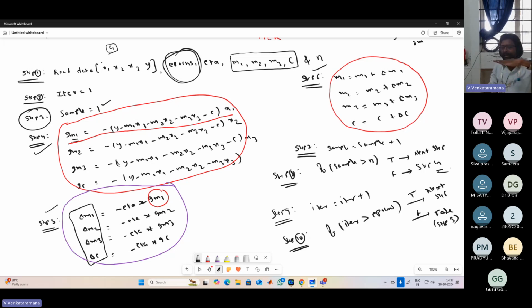See, one iteration is completed. In the next iteration, again start from sample 1: sample 1, sample 2, sample 3, all the samples in the training data. For every iteration, you have to repeat that. Suppose all the epochs are completed and you reach the maximum number of epochs, then what do you have to do? Simple. Step number 11, print or read the model parameters,